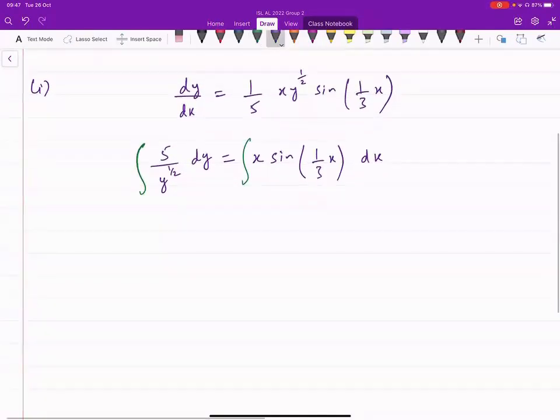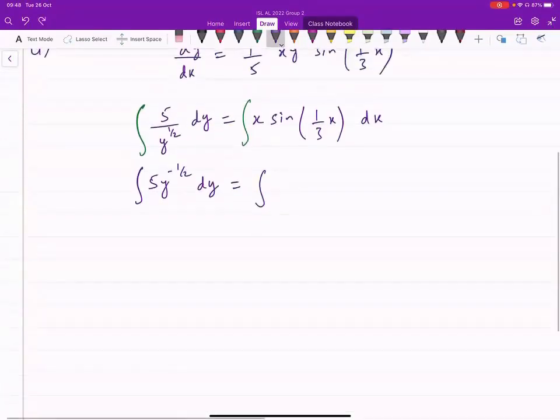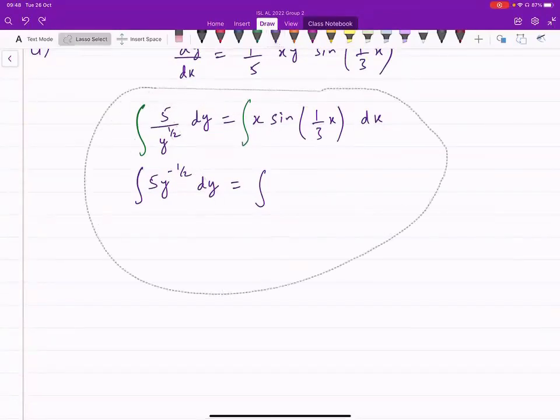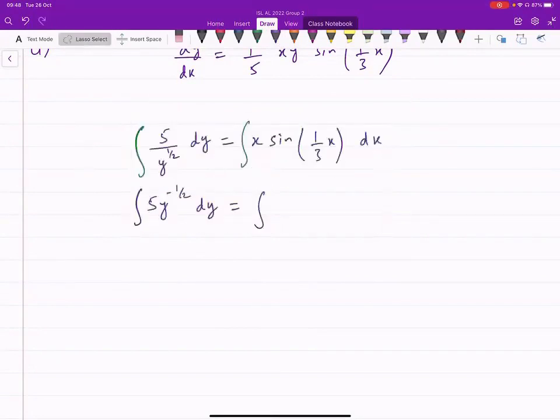लेफ्ट साइड पे हमारे पास क्या आ गया, 5y raised to power minus 1/2. On the right side we've got x sin 1/3x. How do we integrate this thing? It's a product में क्या ऑप्शन होती है, इंटीग्रेशन बाय पार्ट्स, राइट। सब्स्टिट्यूशन का तो उसने नहीं कहा हुआ, ठीक है। क्योंकि ये प्रोडक्ट है, हमें प्रोडक्ट यूज करना पड़ेगा। द ओनली अदर ऑप्शन वाज सब्स्टिट्यूशन, लेकिन सब्स्टिट्यूशन का जब उसने नहीं कहा हुआ, दैट मींस कि इंटीग्रेशन बाय पार्ट्स ही हो रहा होगा, ठीक है।